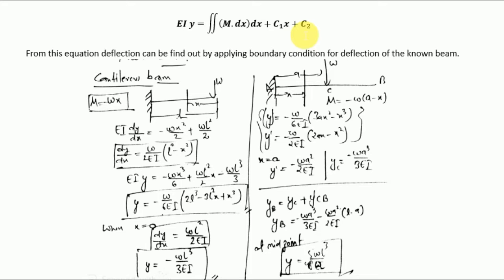But the fault in this method is that we have to make different equations when the loading changes in the same beam. As you can see in a cantilever beam, when the load is here, the boundary condition changes and the analysis is done in a different way,